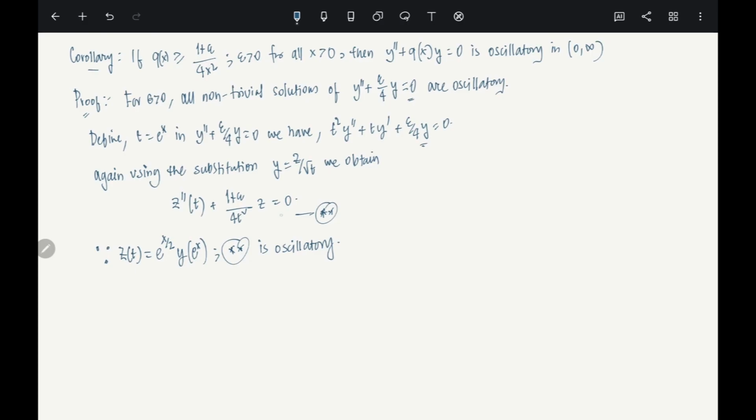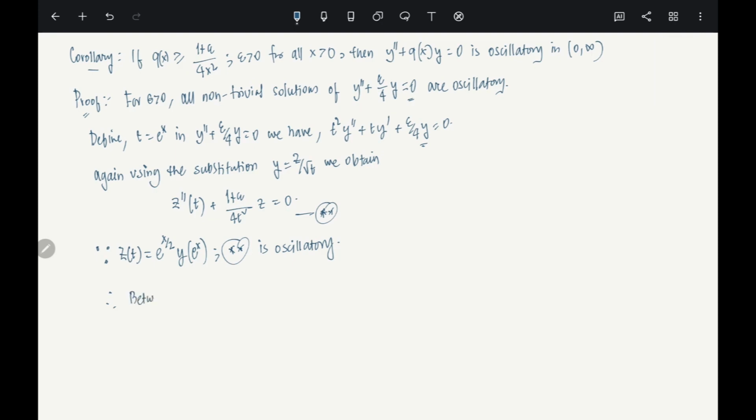Now I changed it to another equation. For this equation also it has to be oscillatory, because z is e to the power x by 2 times y of e power x, and y is oscillatory, so z has to be oscillatory, right? Therefore, between any two solutions of this equation, what is the equation? This equation star. So therefore,